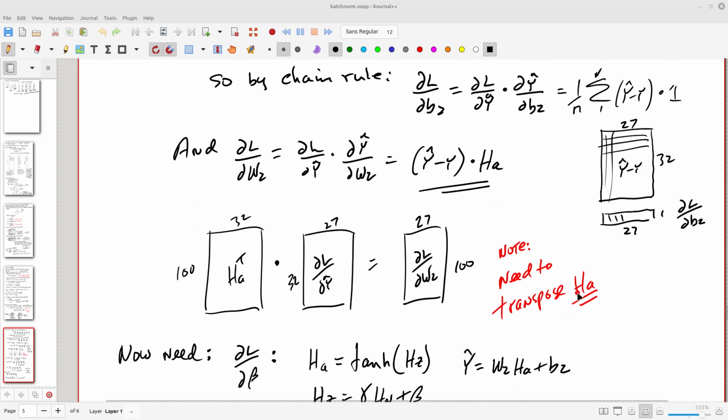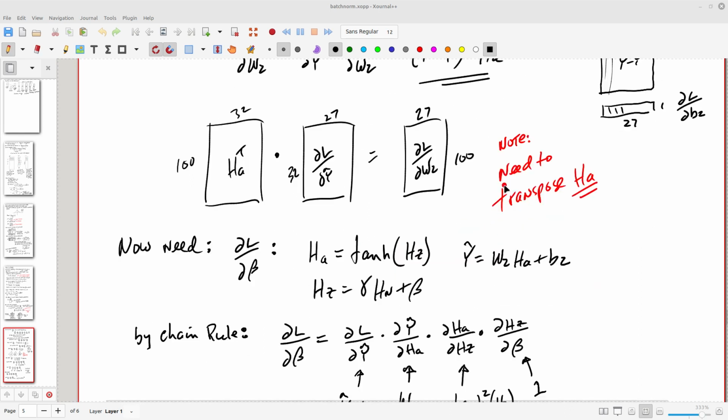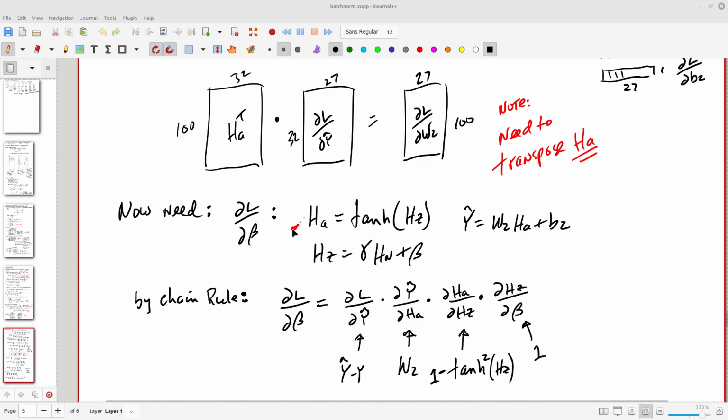We need to transpose HA in order to do the multiplication properly. Next, we have to get the derivative of the loss with respect to beta. We have HA equal to tanh of HZ, and we know that Y prime is W2 HA plus B2. And HZ is equal to gamma